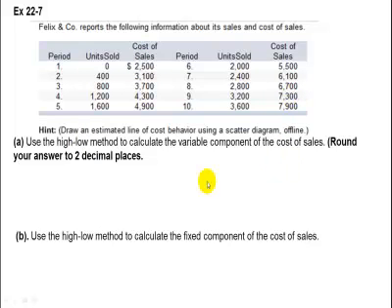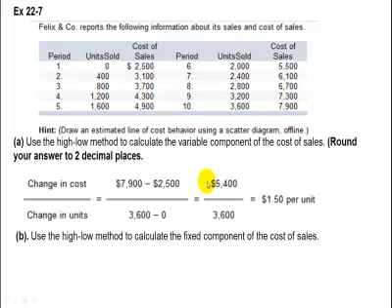So that's part A. The high-low method says that you take the change in dollars and divide that by the change in units. So you go to the high point in dollars, which was $7,900. That's the highest cost of goods sold from these 10 periods. And you compare that to the lowest cost, which was $2,500. And that difference is divided by the change in units, that is, the highest point in units, which was also right over here, period 10, 3,600 units, compared to the lowest point in units, which was over here under period